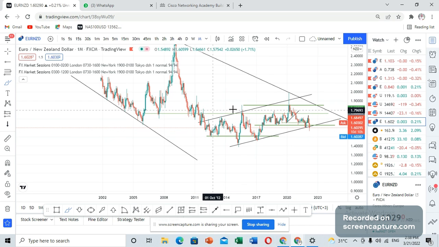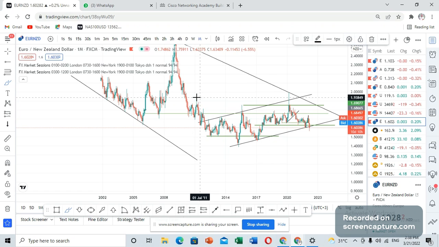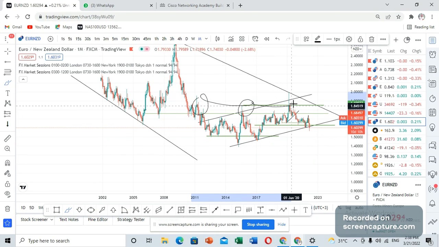Also, something we have to note is that whenever you are doing your analysis, make sure that you note down the significant areas. Like in this place you have this first significant area, a very strong region of resistance that you have to look out for. At a point of resistance you can always be looking out for